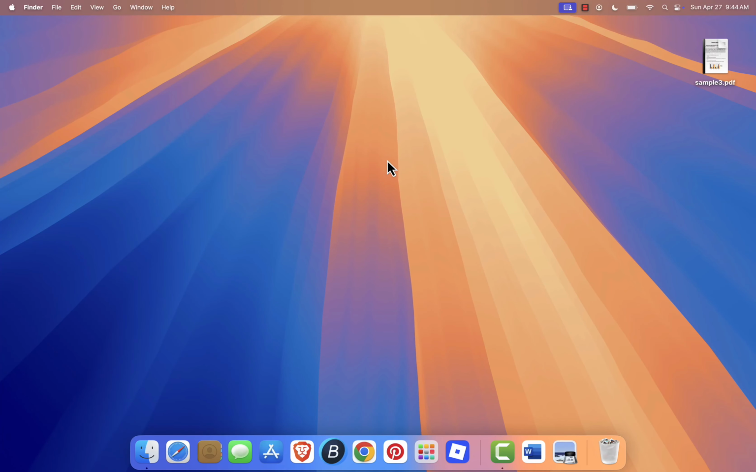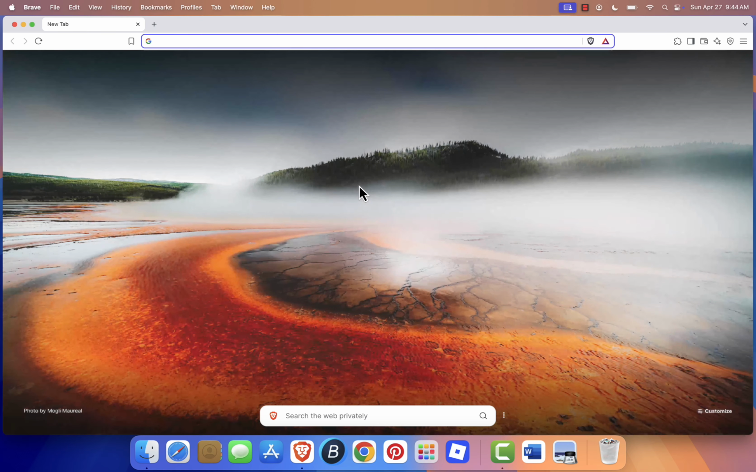Hey everyone, today I'm going to show you how to split a PDF into separate files on your Mac using iLovePDF. No downloads or installs required. Let's dive in. First, open Safari, or your favorite browser, and navigate to